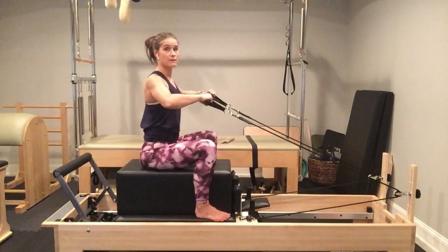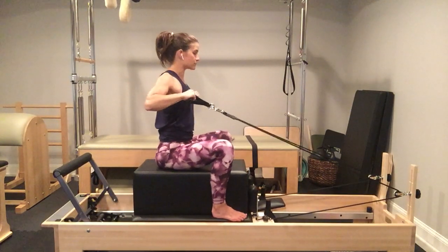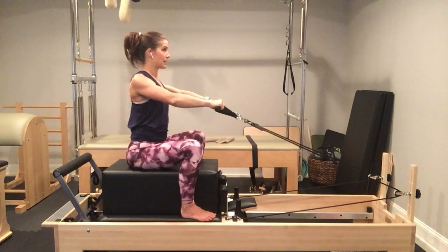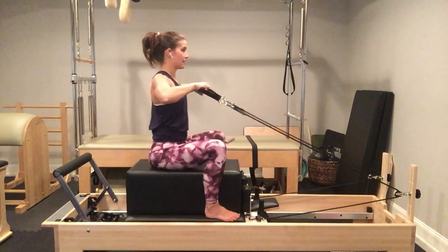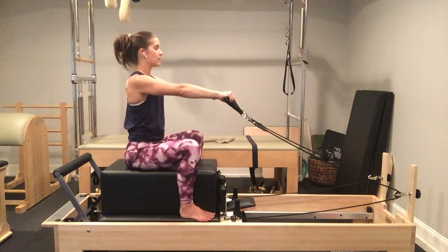You may see some slack in your ropes. Go ahead and engage your lats first and then pull. Engage your lats and then pull. Now leaving your arms straight in front of you, we're going to do one-sided rowing with a